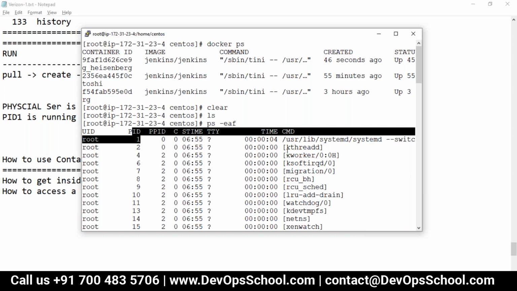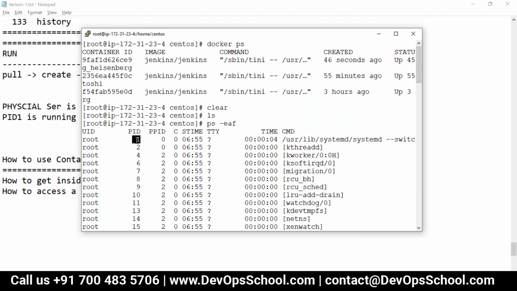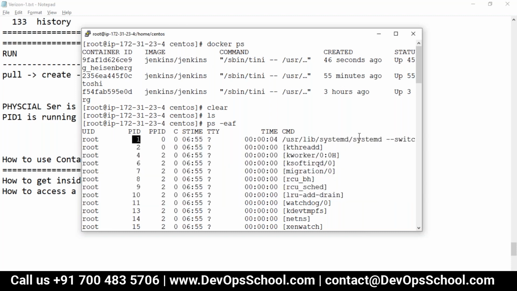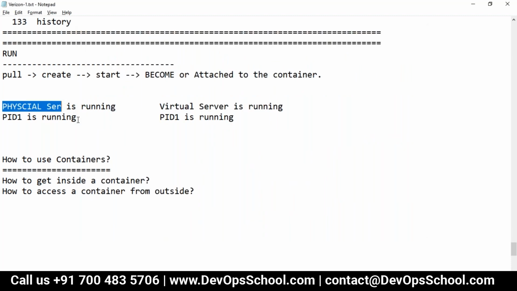When you start the system, this is running, and as long as this is running, your server is running. So this is holding your entire system. That's the beauty of this. So the physical server is running because of PID1, and the virtual server is running because PID1 is running.